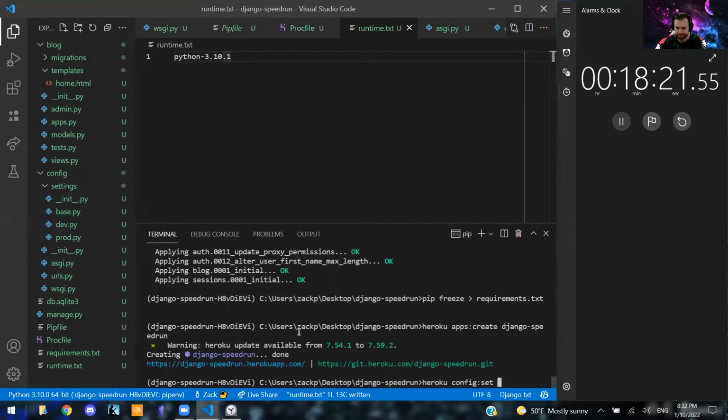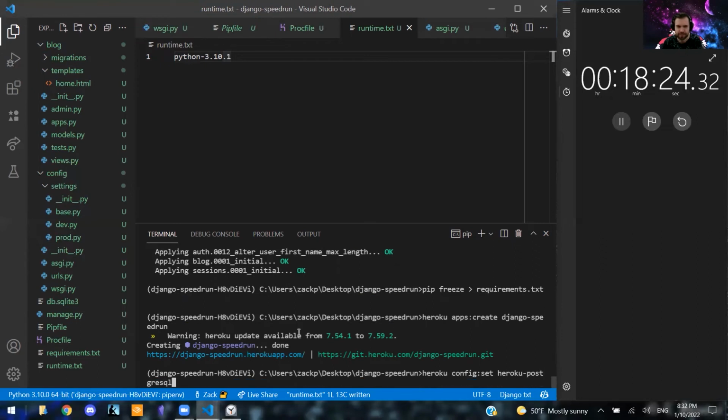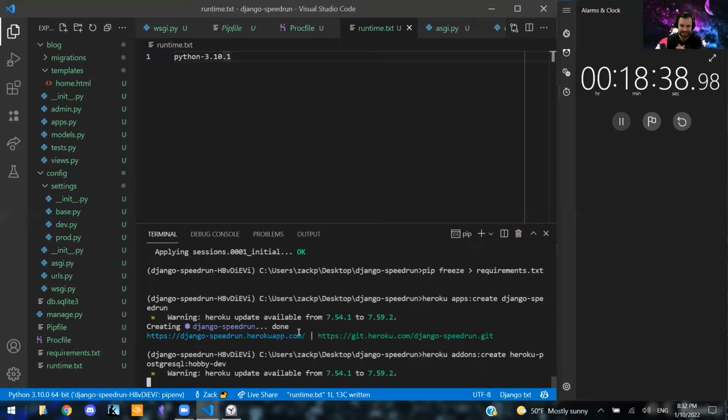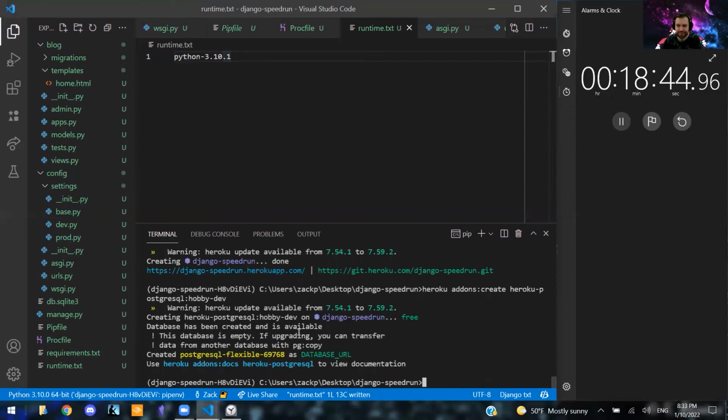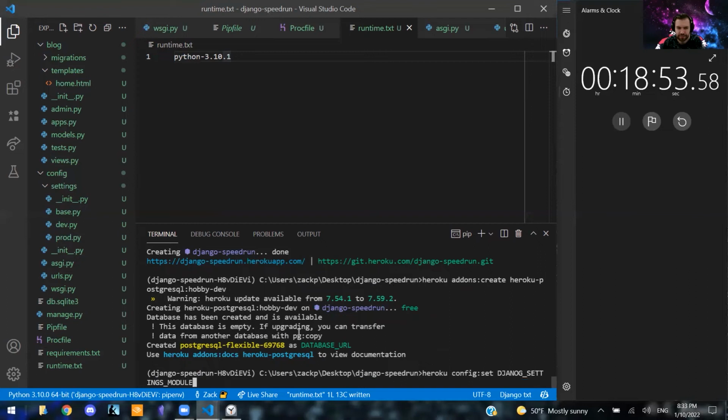Oh wait, no. heroku-postgresql hobby-dev. Oh wait, no, that's not a set command. That's building the database. Okay, addons:create heroku-postgresql. All right, so that's also something useful, just a different part. Heroku Postgres. All right, cool. So we did create this database. I'm going to say now heroku config:set DJANGO_SETTINGS_MODULE equals config.settings.prod